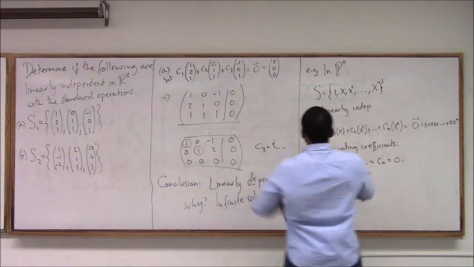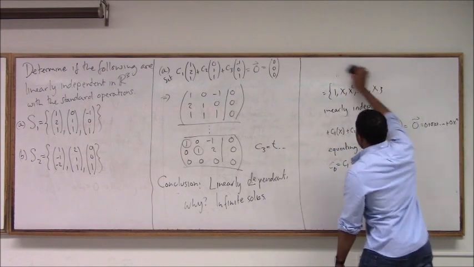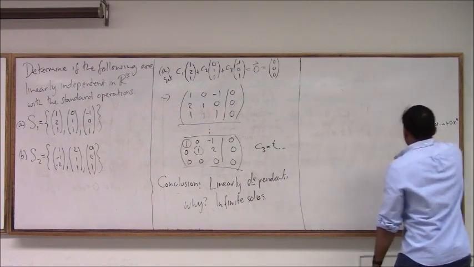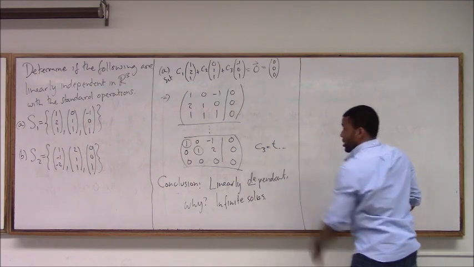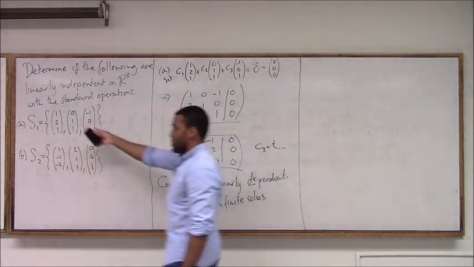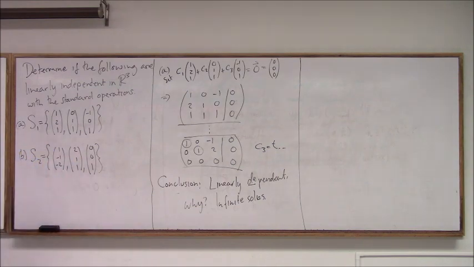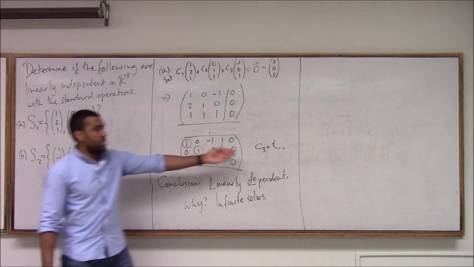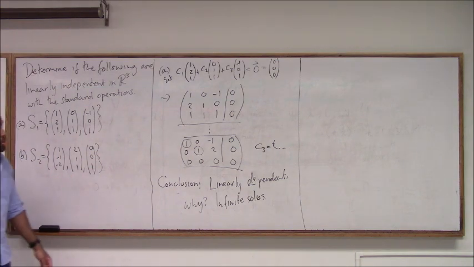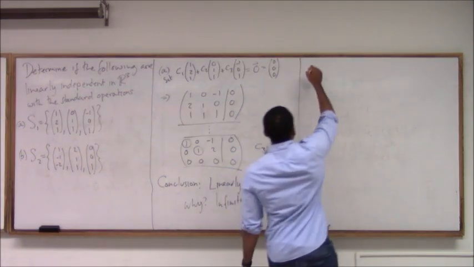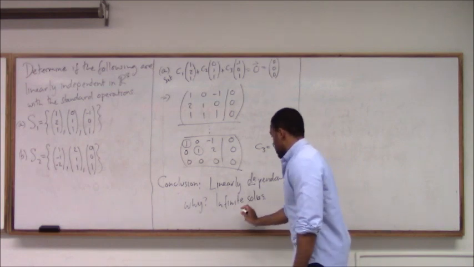So it turns out that these guys are not linearly independent. Which means one of them is redundant. Right? There's one of these guys that I can solve for in terms of the other guys, which you can get to by doing the solution for the system. But I just wanted to stop at whether it's dependent or not. So if you look at B, also, by the way,